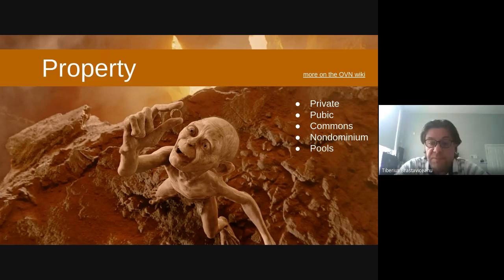One of these new property regimes is called non-dominium, and was proposed by Chris Cook. He developed this in the context of real estate. And if you think about the Bitcoin network, it's more or less an implementation of that. Okay, so the non-dominium property regime. A non-dominium asset is an asset that doesn't belong to anyone and cannot belong to anyone. It's impossible to control it or to own it by a single agent.